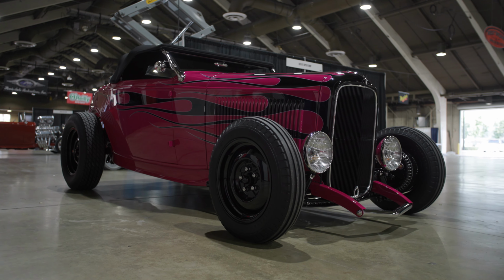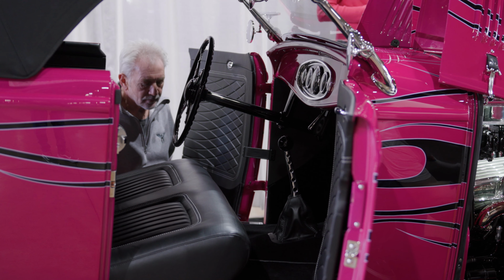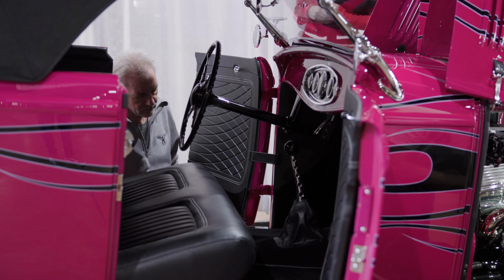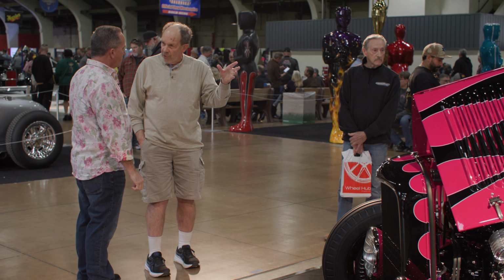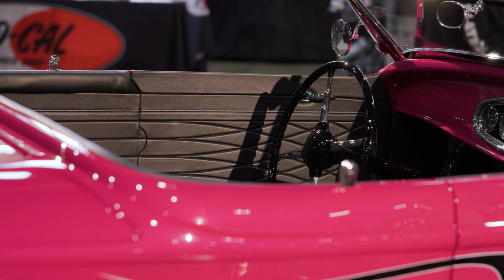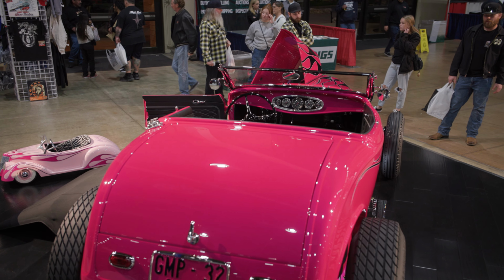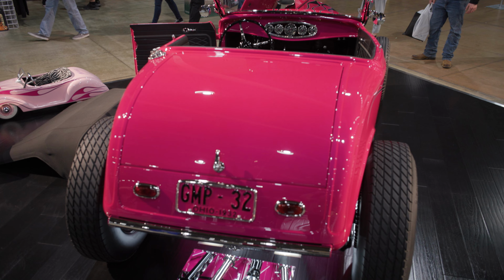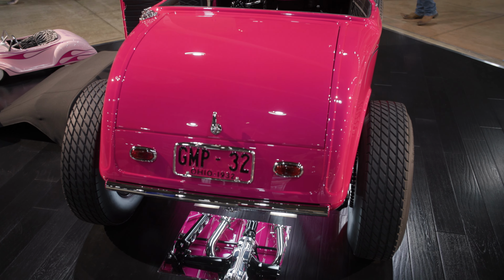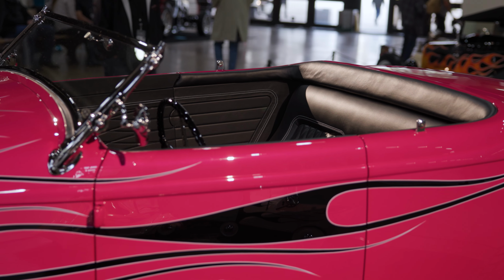Okay, and now I'm going to say the interior isn't what I would have expected. The interior looks different than what I've seen. Tell me about where you got the idea for the pattern for the interior. Well, it was a little bit different. Mekenzie wanted a traditional, rolled and pleated interior, simple, but she also wanted something a little bit different as well. And we got to looking at the new Bugatti, and that car has...